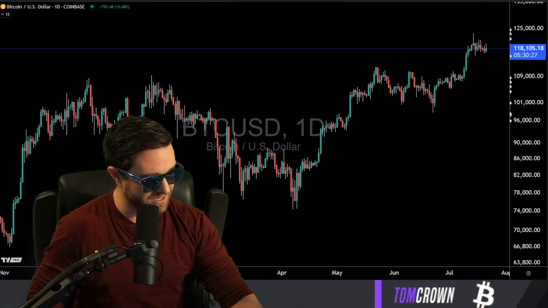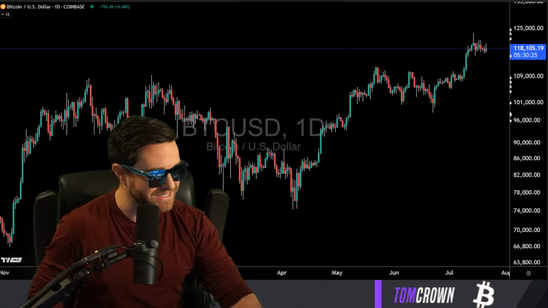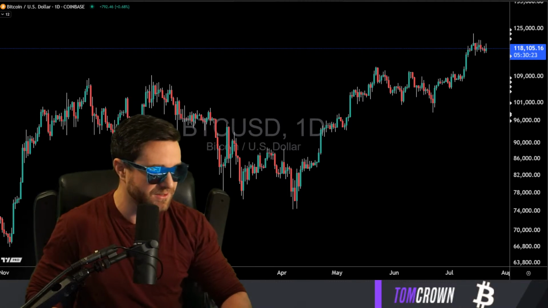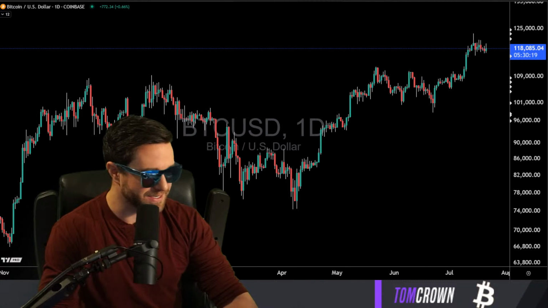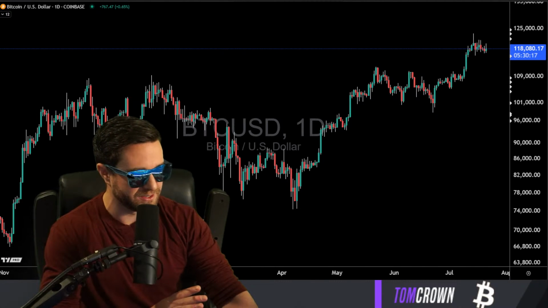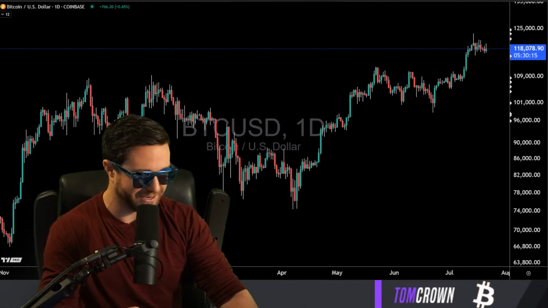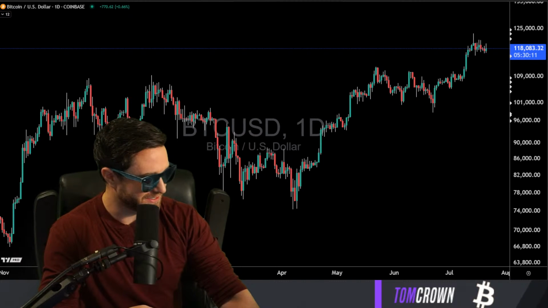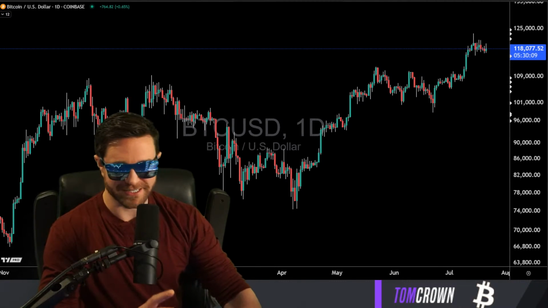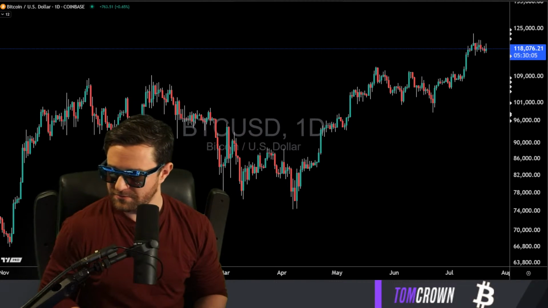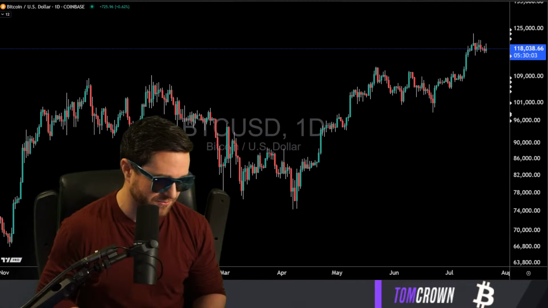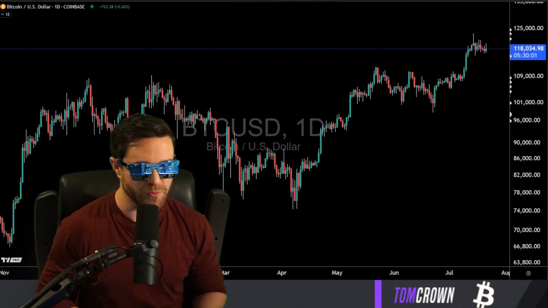Basically, I think it always makes sense to take some profit when you have a position, especially if it's a position you've held for a long time. It always makes sense to take some profit once you're in profit, right? I know that sounds silly, but it always makes sense to take some, and I always advise against selling it all. Should have done this earlier. Maybe this will be a good wrap, but making that moon bag, right?